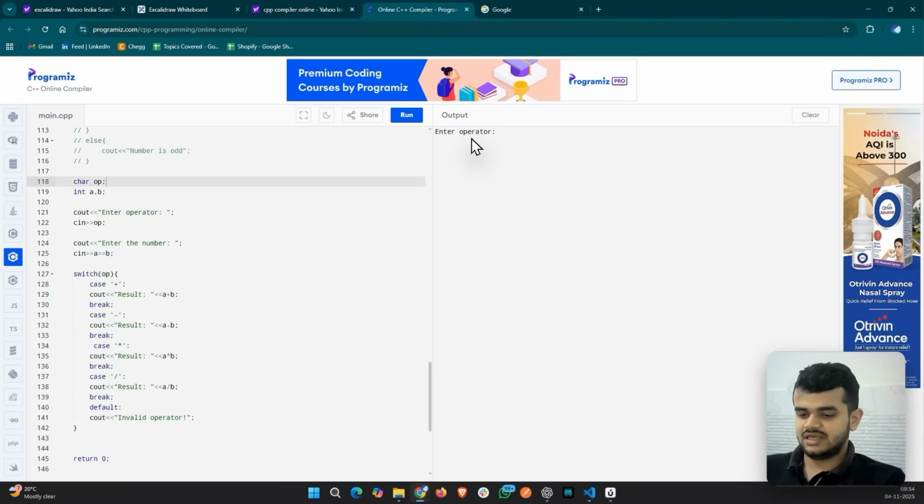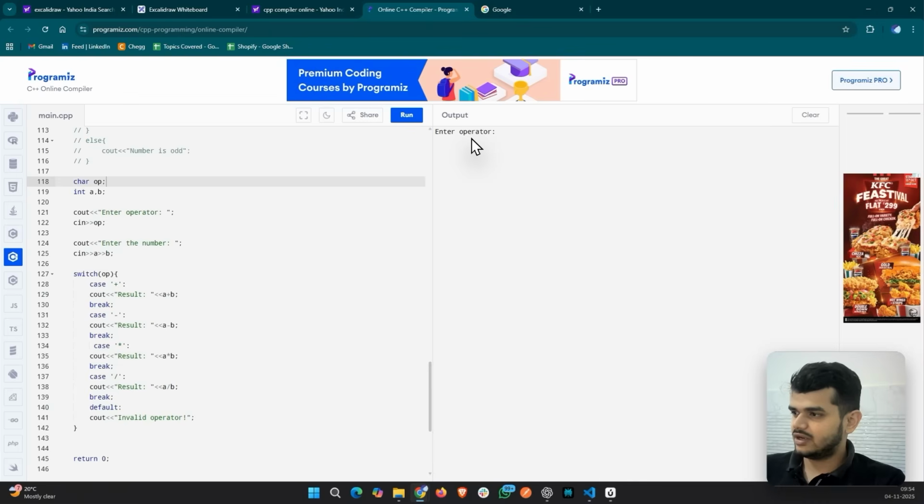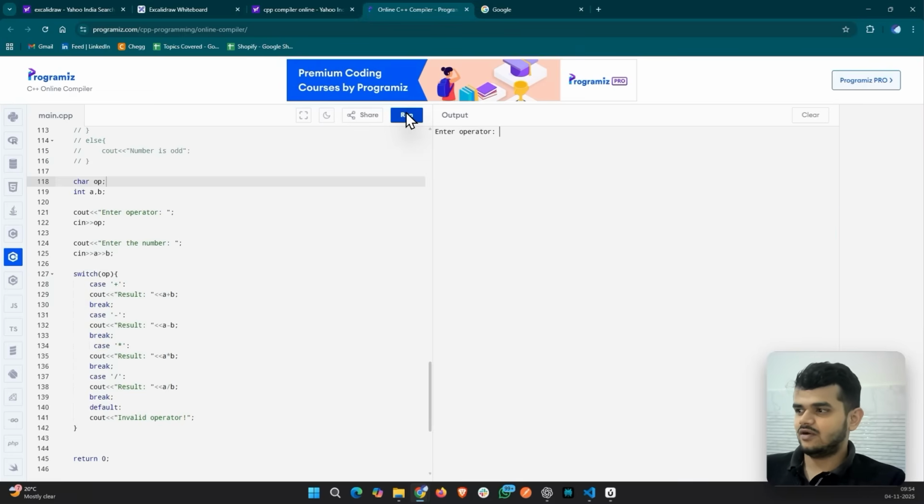Enter the operators. I'll say minus. I'll say 20 and 20. I get the result as 0. Let's check it for